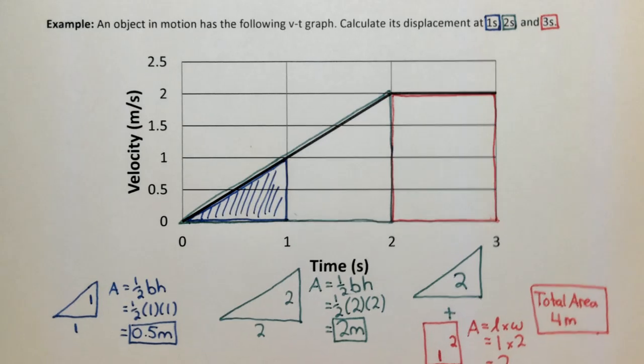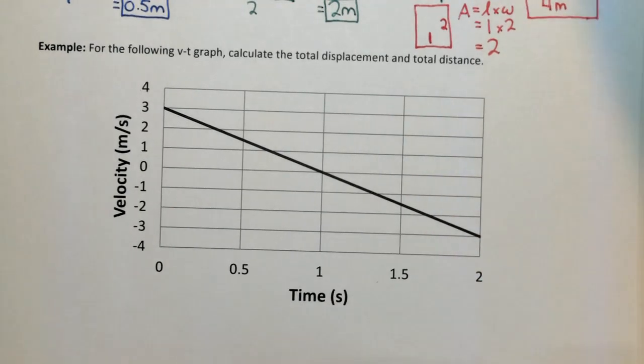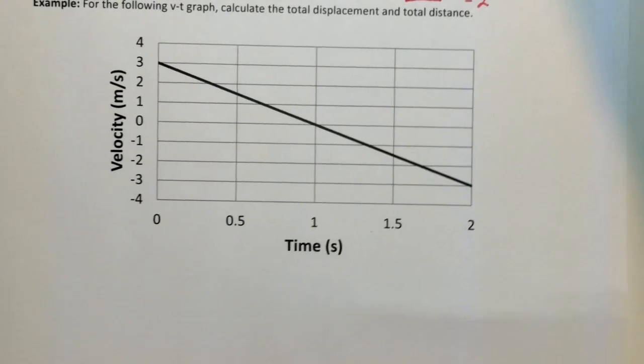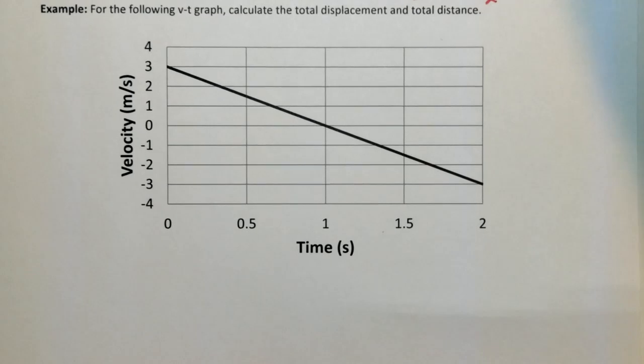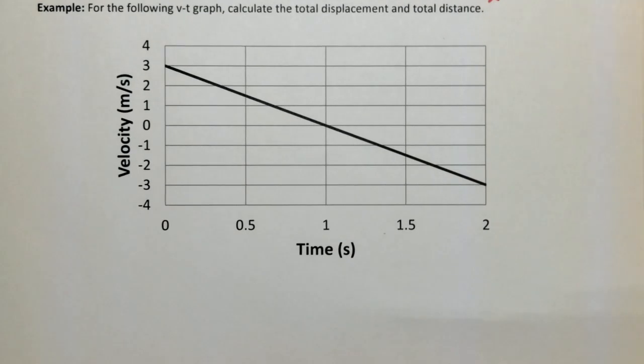Okay, let's do our one last problem. For the following velocity time graph, calculate the total displacement and total distance. Okay, well, first of all,